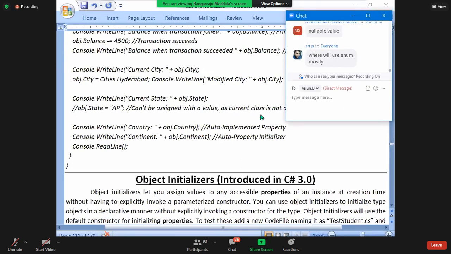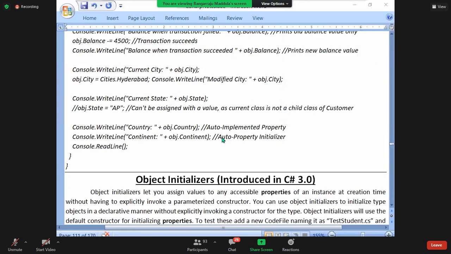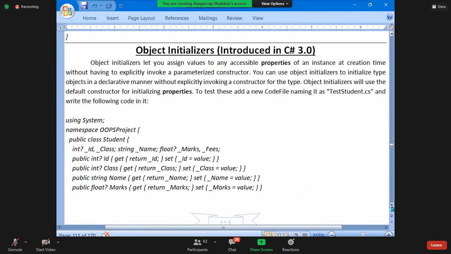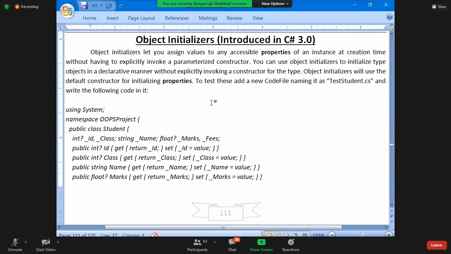I showed you a live example, and again you're asking where we use the enum. I showed you now. When I want to list the users with the values, I use enum. Next we have object initializers.